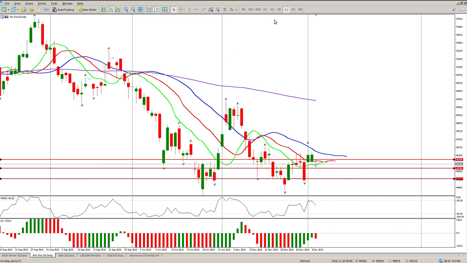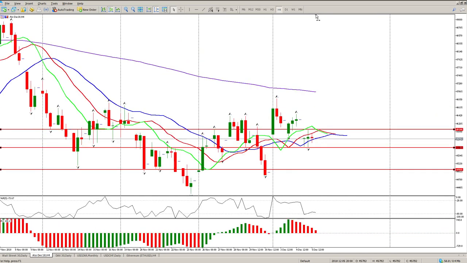So let's just get down to the lower time frames. Looking at the 4 hour, you can see it was very much a nothing day. A lot of indecision. We were flirting with the alligator, and you can see how prominent the alligator is on the 4 hour, especially on the Aussie. If you look in the past and you look where the buyers and sellers step in, this little thing here,